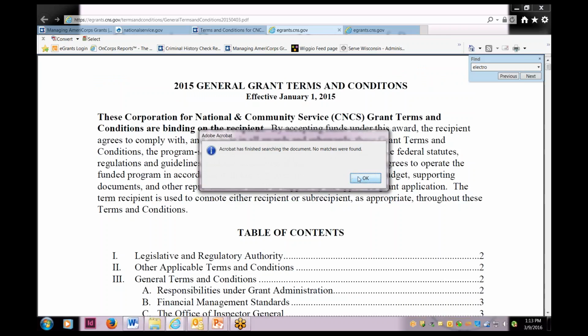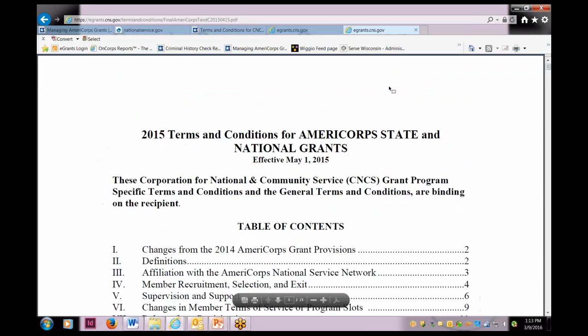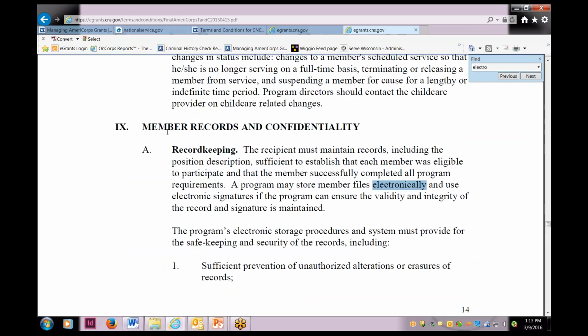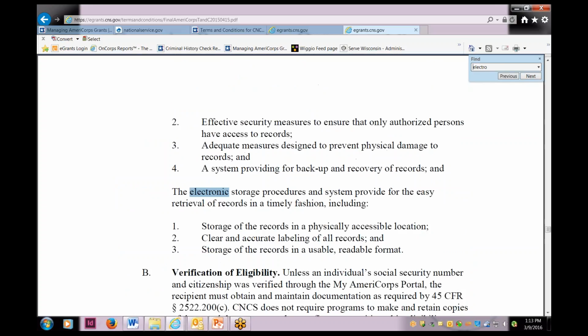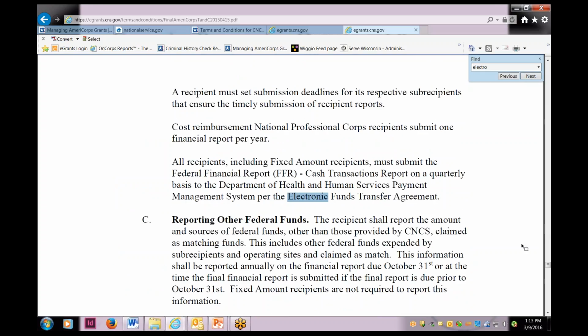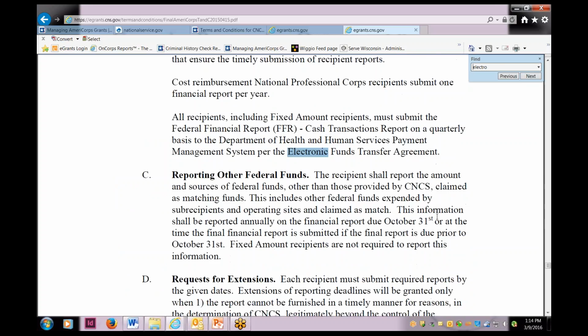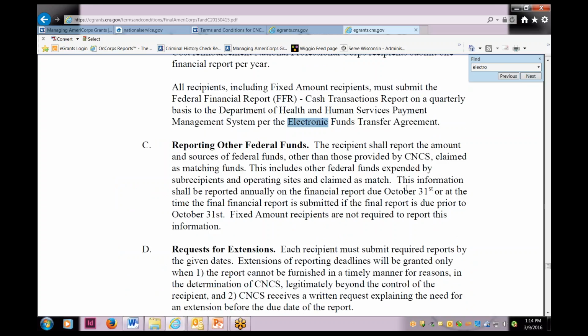And there's nothing in this document. So I'll look into the specific terms and conditions. Use Control F to search that. And again, I come up with some information on using appropriate electronic systems. Okay, and here's the record keeping information. So again, the Control F is just going to save you time from searching through a massive document and will make finding your answers incredibly much easier.